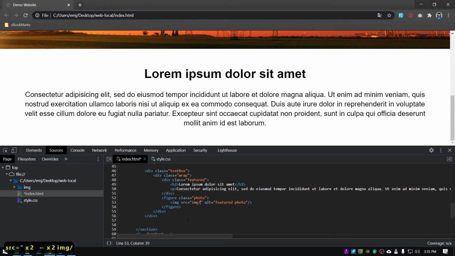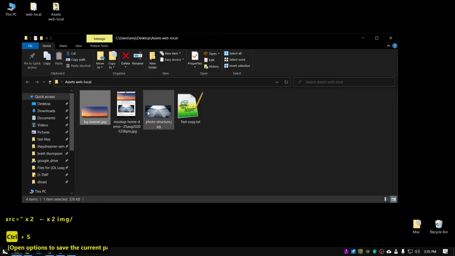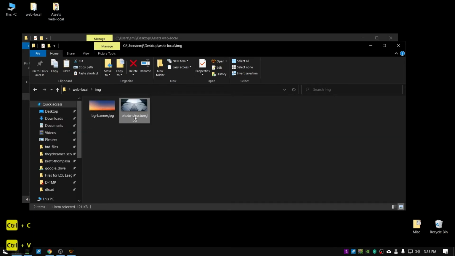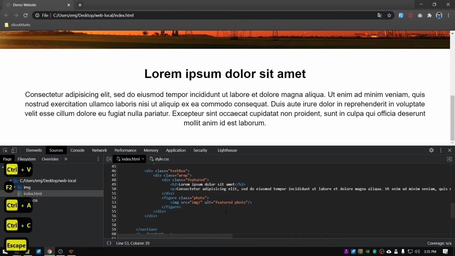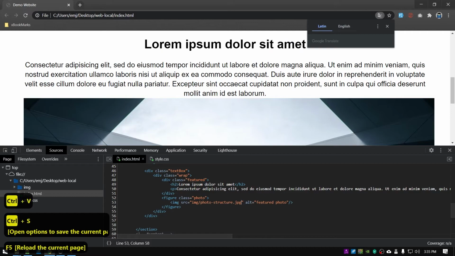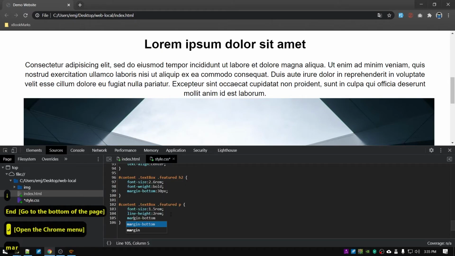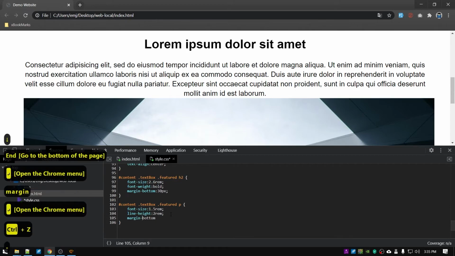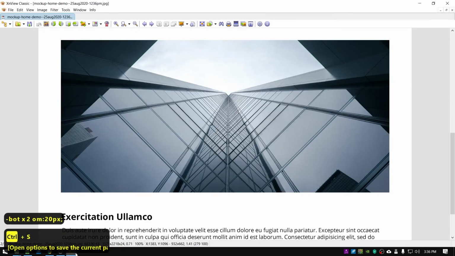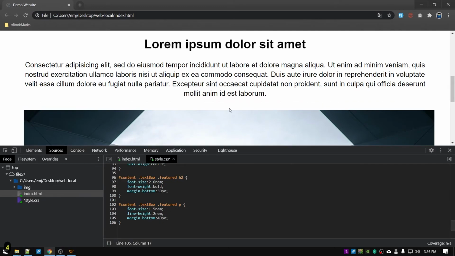For sure it will reside in img folder, but let's find the file name first. So this file name, photo structure, let's copy that to the img folder. Photo structure, refresh. Right, and in our CSS file, let's add some margin to the paragraph element, so that we can push downward the photo. Right,